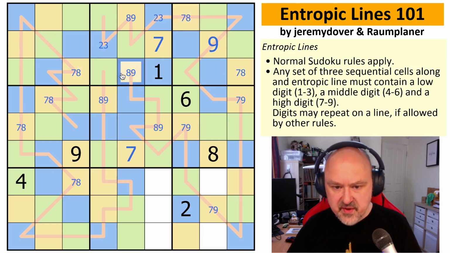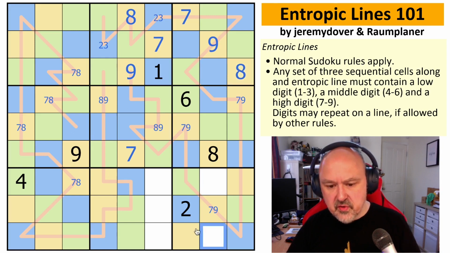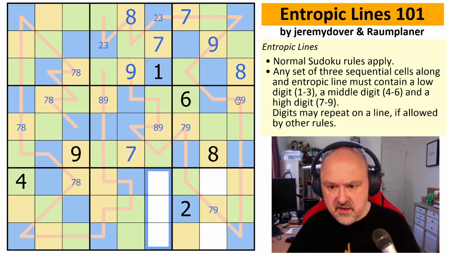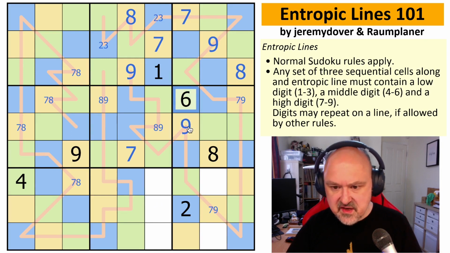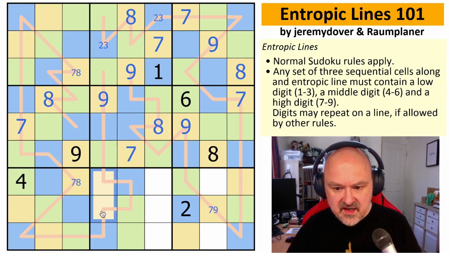That is a 7-8 pair, making that a 9 and that an 8, which makes that a 7 and that an 8. Yellow is not the one to work on. If I can get the yellow down here, it'll be good. That 7 makes that 9 and that 7, which makes that 8 and that 7, which makes that 9 and that 8. 8 now must go in one of those two, but I already knew that was 7 and 8